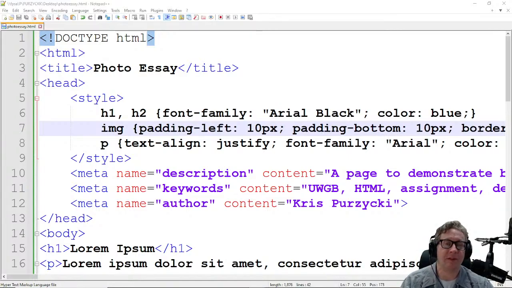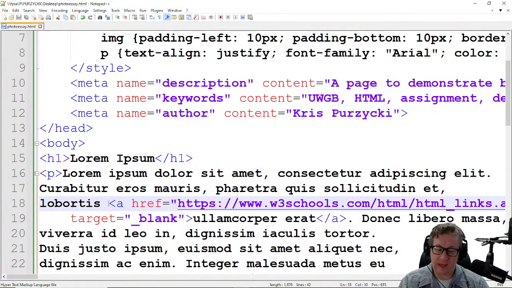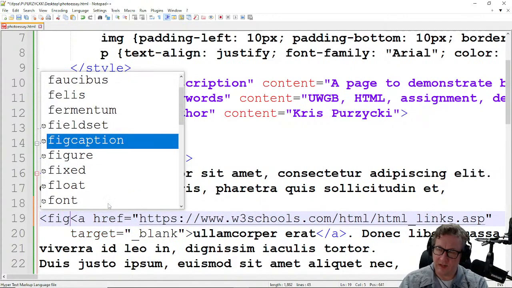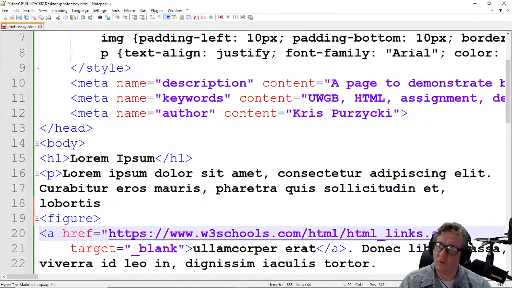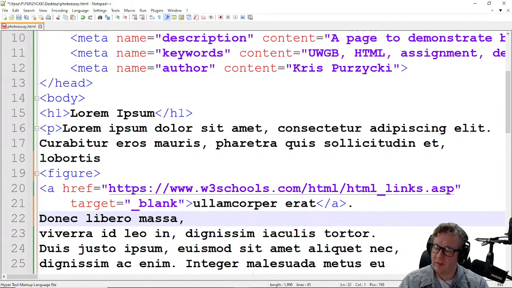Fig caption. Oh. Okay, so that's interesting. A figure element to mark up a photo in a document, and a fig caption element to define a caption for the photo. So captions are not in there automatically, so you have to do a little razzle dazzle. Okay, new learning experience here